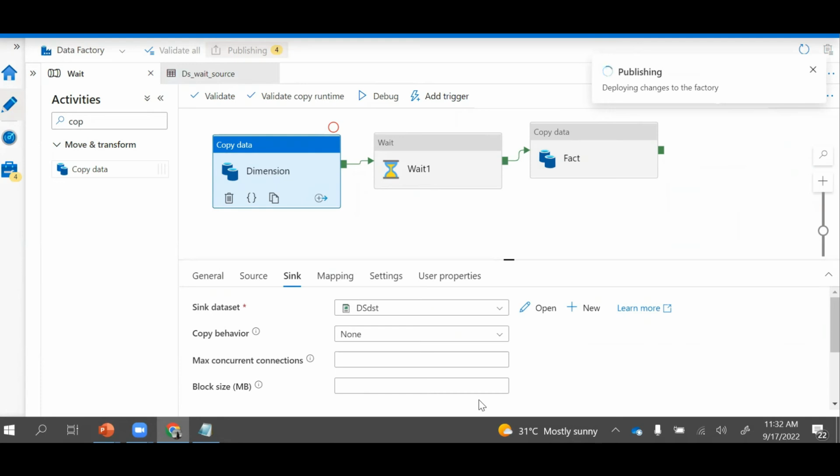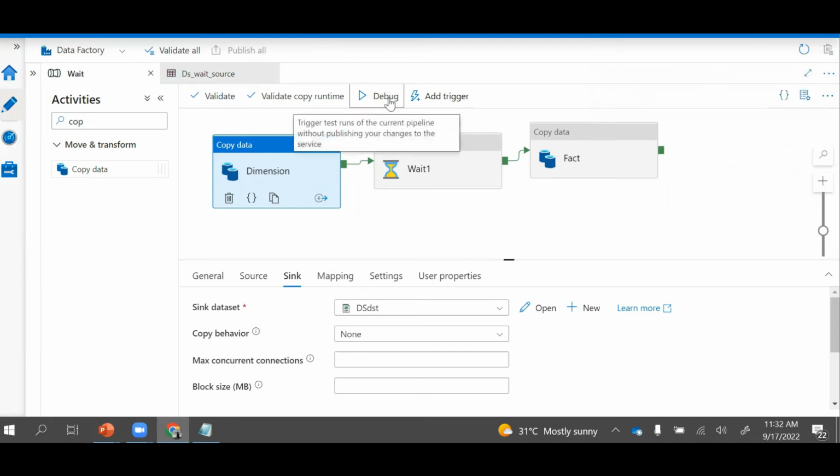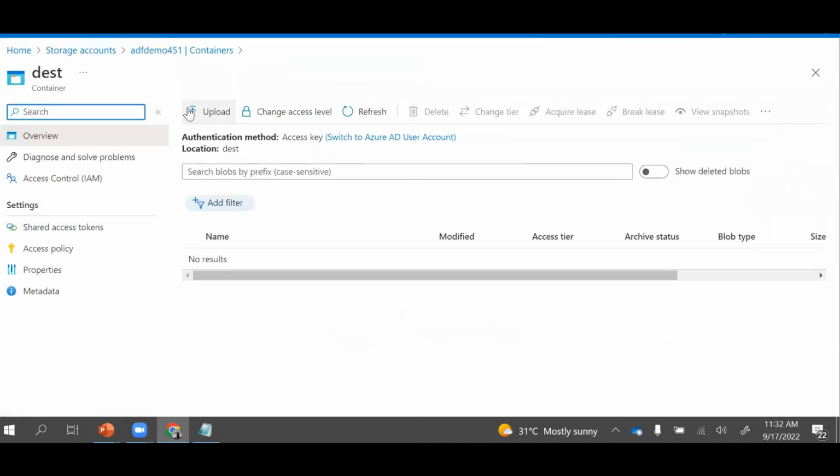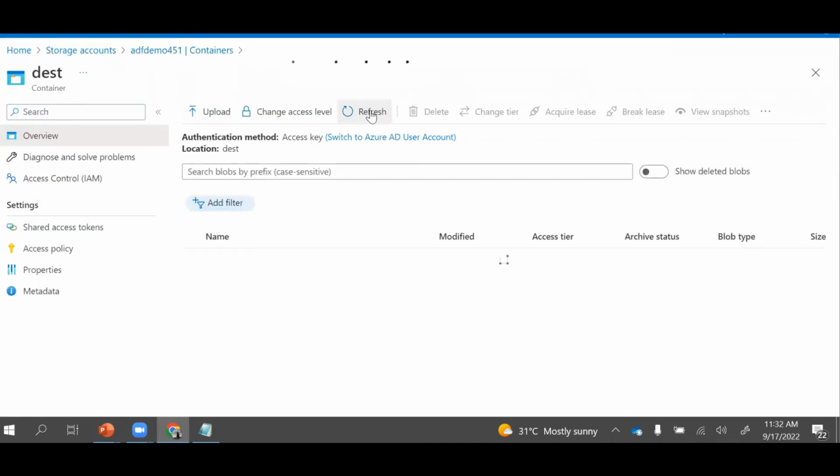Once it is published, we can run that. So it is almost going to publish. It's published successfully. Let me debug this. So it's running. And if I show you, we don't have anything in the destination folder. If I refresh,